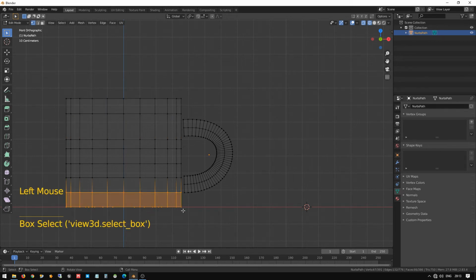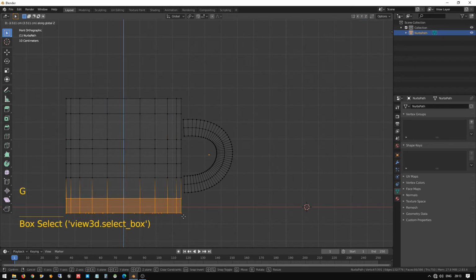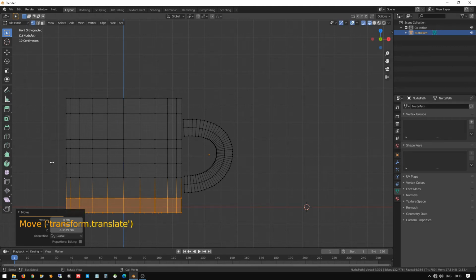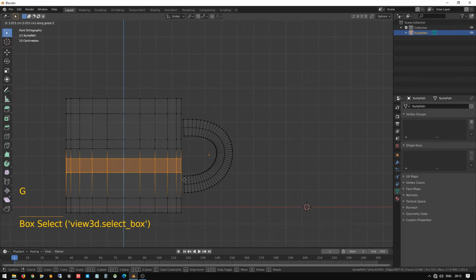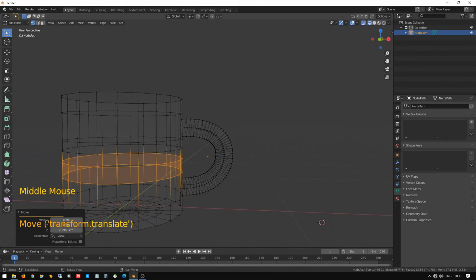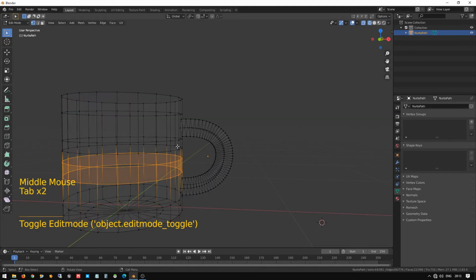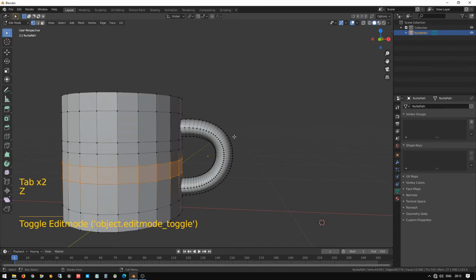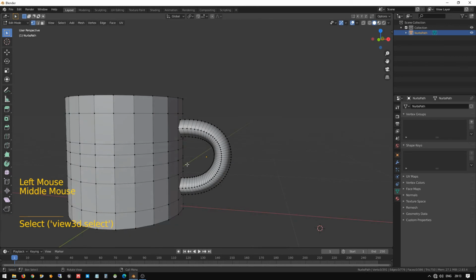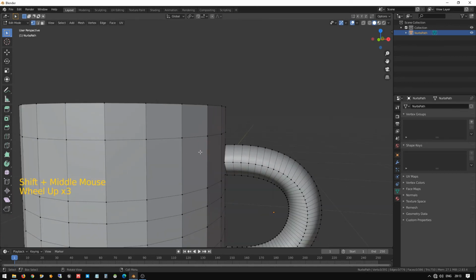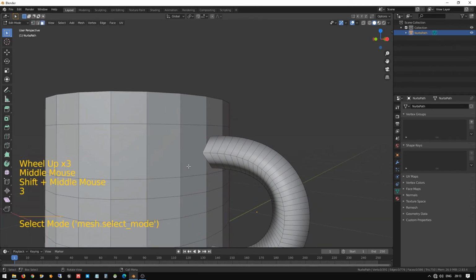Okay, and I will do the same for the bottom also, G Z, and make it a little bit big, and I select these two again and press G Z and make it a little bit big. So now I have to go to the solid mode. So now you can see this size is matching for bottom and top. So this is good to attach both the handle and the cup.